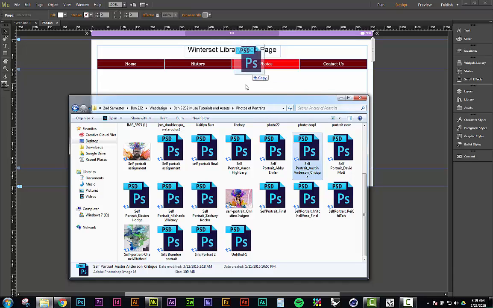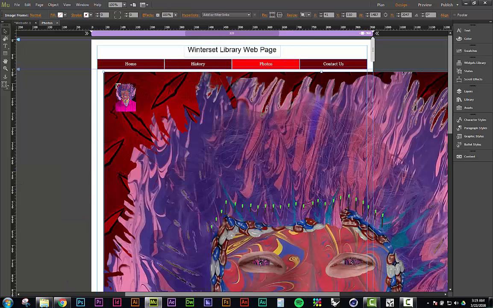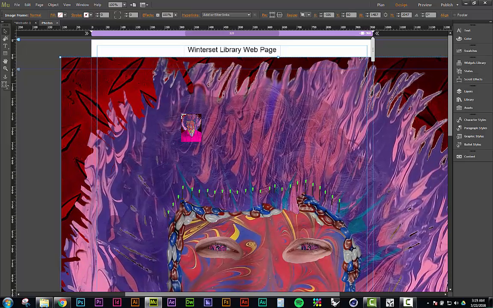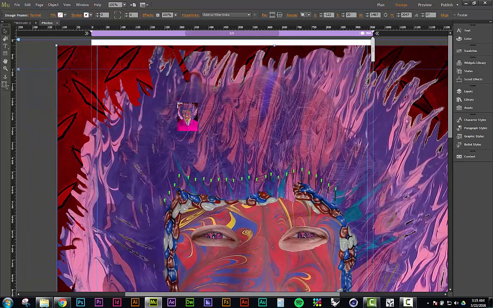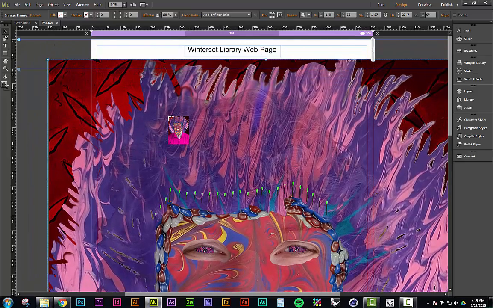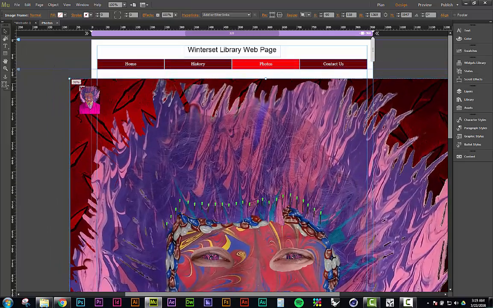So if you click and drag this into Muse and let go, you can see that I have a little icon here. If I click, it will import the image. Now, something that you can see is the image is really, really large. So if you hold Shift and Alt or Option when you click and drag this,